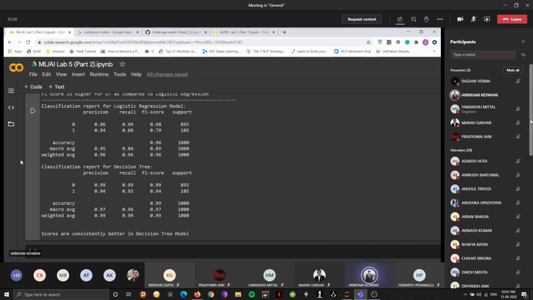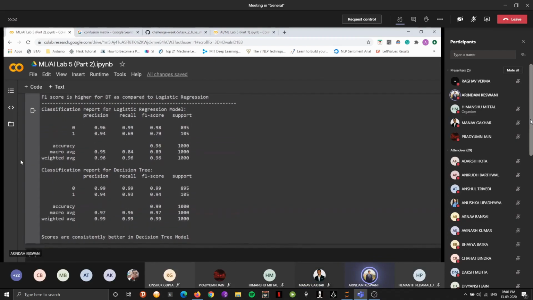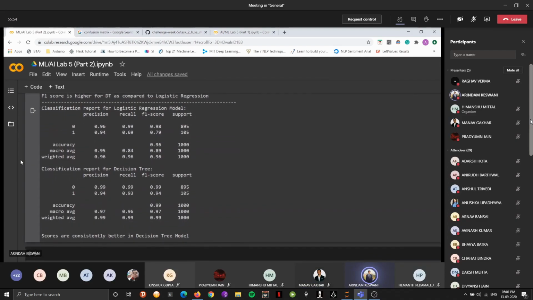No, on the contrary, I would say that decision tree is fairly sensitive to these imbalances, because in logistic regression we simply make a line or a plane that divides our data set. But in decision tree we split the data set till we reach a point where we can clearly distinguish the purity and the impurity in our data set.